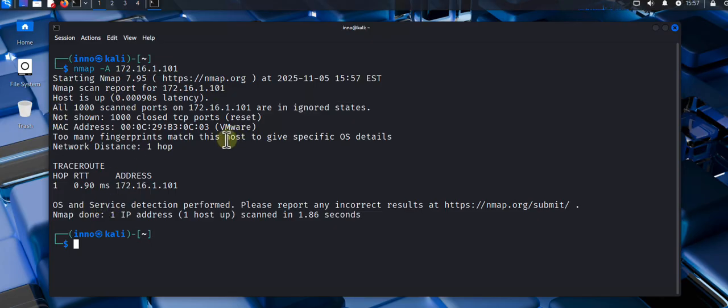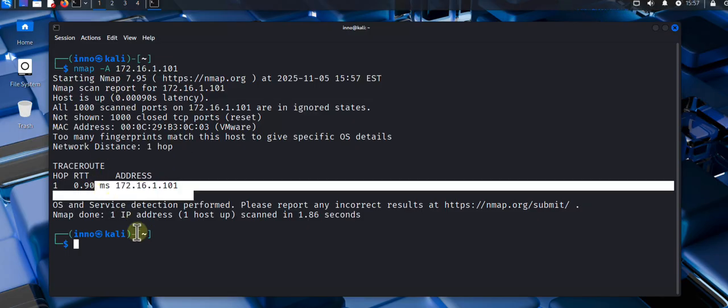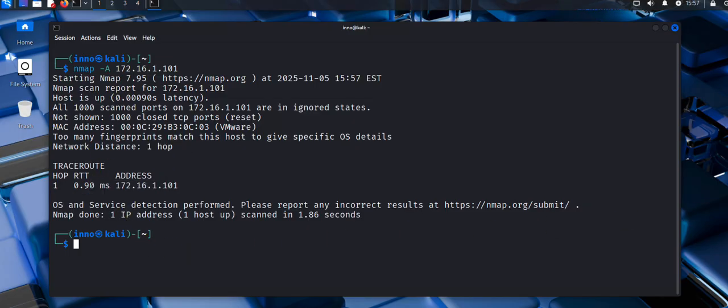Okay, so this is a virtual machine. That's why it says VM here. But it gave us the MAC address. It also gives us the number of hops, so it's on the same subnet, and it gives you the IP here as well. Okay, let's move on to the next command, which is netdiscover, which allows us to detect or